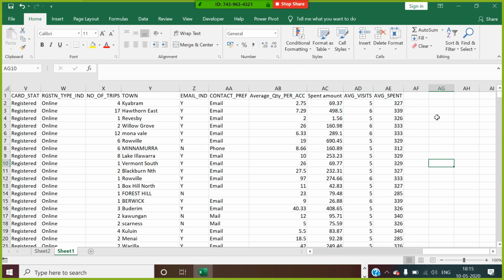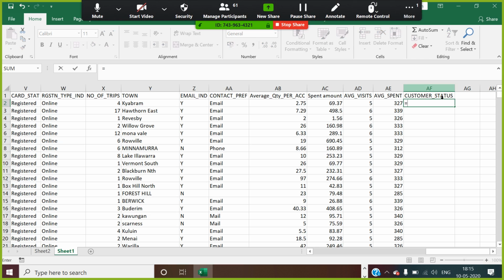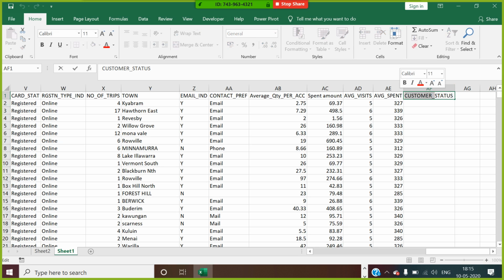I need to identify all customer status. How will you go for customer status here? No, this is called spend status. So I'll go for spend_status and visit_status. Spend status is what?